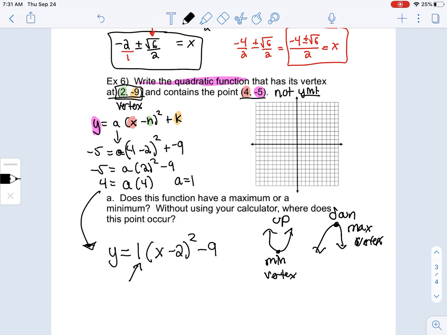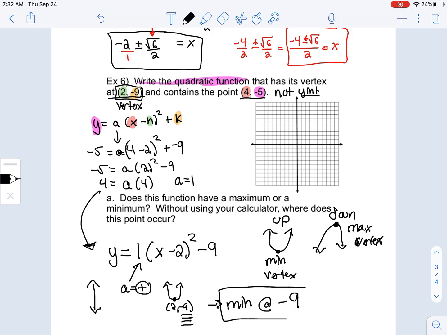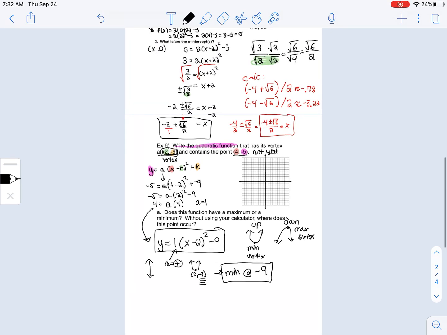So we've got our vertex. We know our vertex is at 2, -9. Since our a value is positive, this parabola is opening up, which means that vertex at 2, -9 is actually going to be a minimum. Okay, so we know we have a minimum value at, now the minimum, remember, is talking about going up or down. How far up or how far down do you go? So the minimum value is actually the y value of this vertex point. So we have a minimum value at -9. Here was our equation.